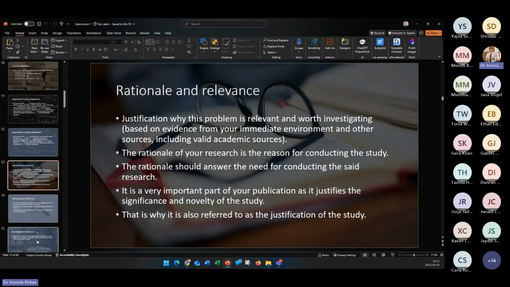The rationale and relevance, and I know I'm going to rush a little bit here. Yeah, go for it. Somebody's talking to me. Did someone unmute their mic, or am I losing my mind as well? What about that?